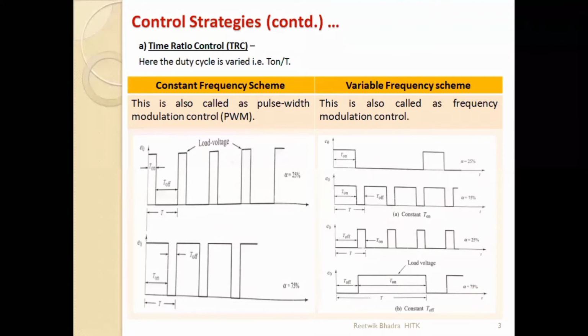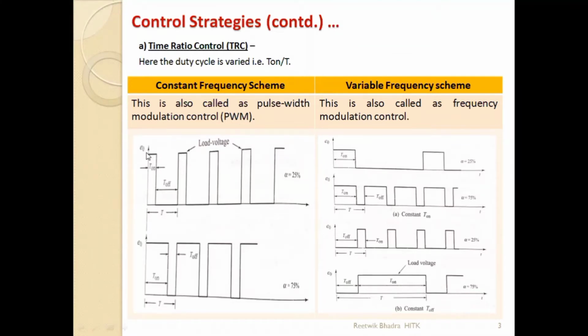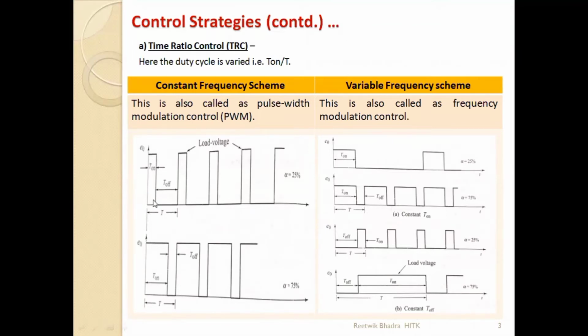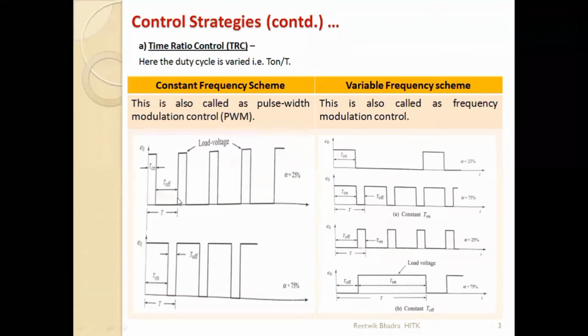How do you bring about PWM? See, our output waveforms which we had seen had a positive part and a negative part, right? We are thinking of that negative part as 0. Think like this: the output voltage now comes out to be positive, 0, then positive, 0, then positive, 0. Like this it continues. Now my first scheme is the constant frequency scheme, so T is constant. See, in these two figures, if you draw a line from here to here, T is constant.